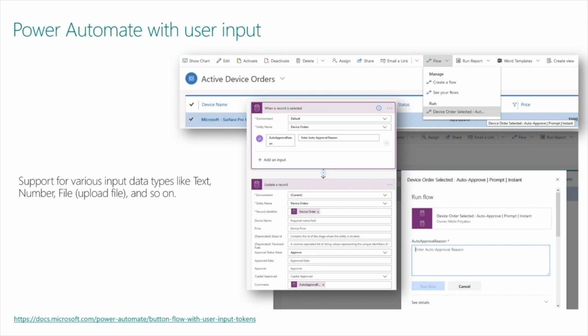Again, another alternative, as we've covered, is Power Automate as a good replacement approach for approvals, but it can also be used as your workflow tool. And one of the things that Power Automate offers is the ability to run on-demand flows with user input. So you can have various types of input, such as text, number, files, and so on. It will pop up for the user to enter the required input to run